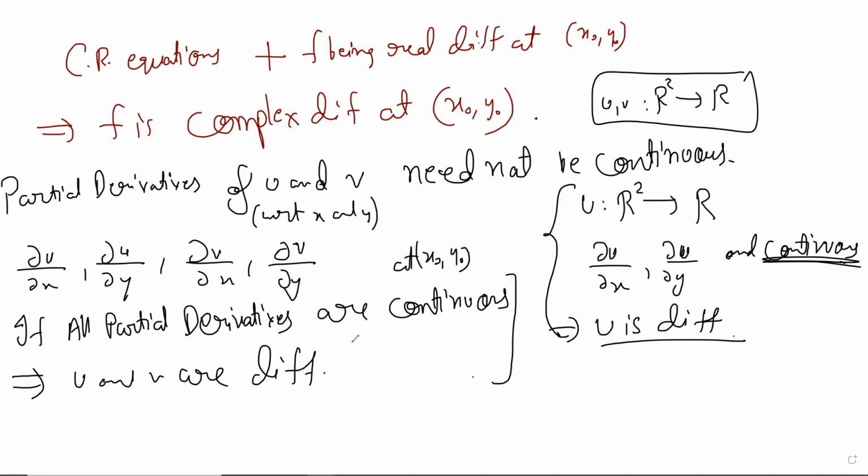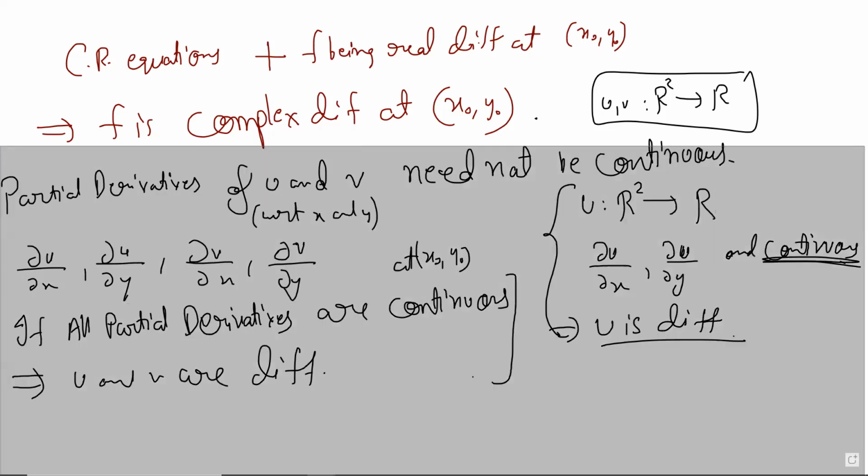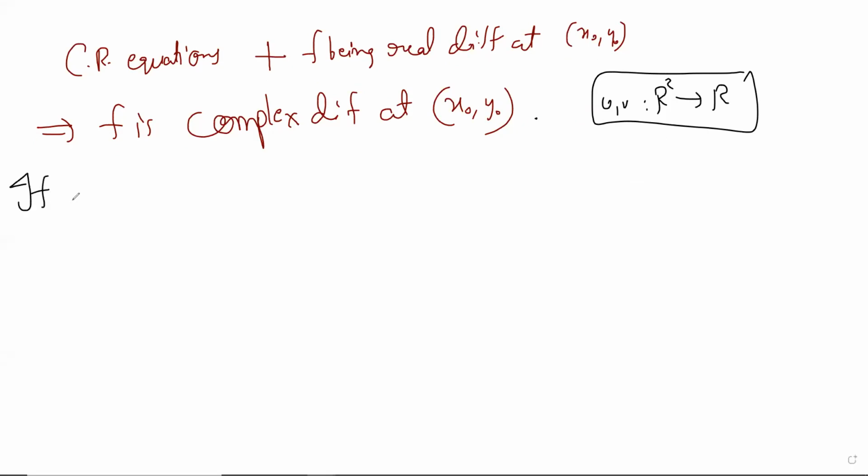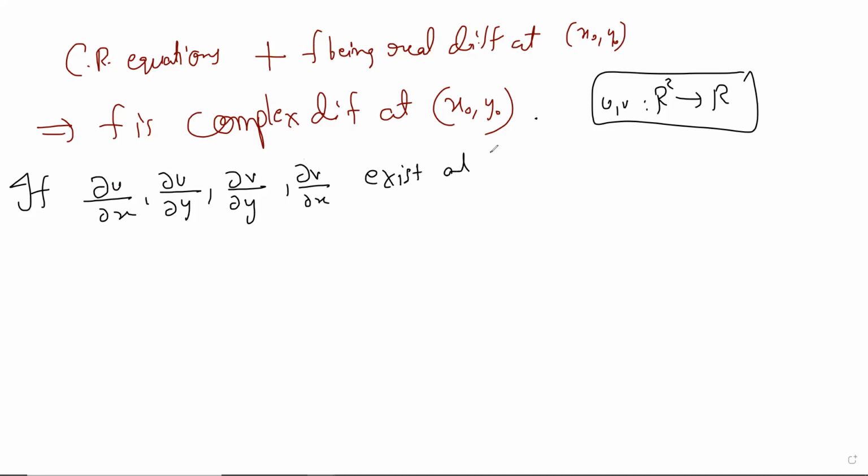So the partial derivatives being continuous applies. But only the partial derivatives existing is not enough. That is what I want to show. So one must understand, if these guys all exist, with respect to x and y, and they satisfy the Cauchy Riemann equations,